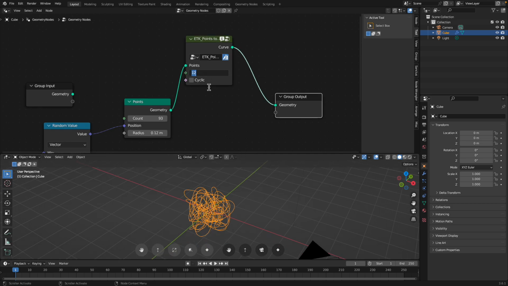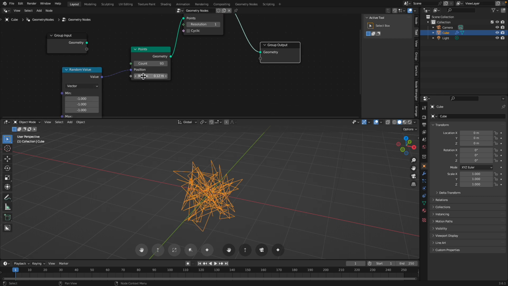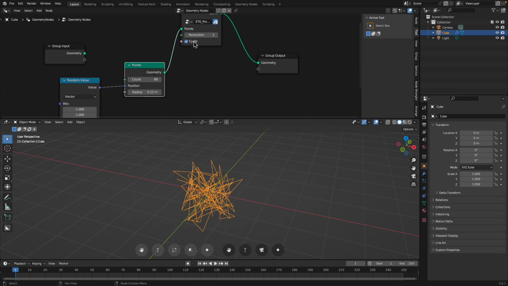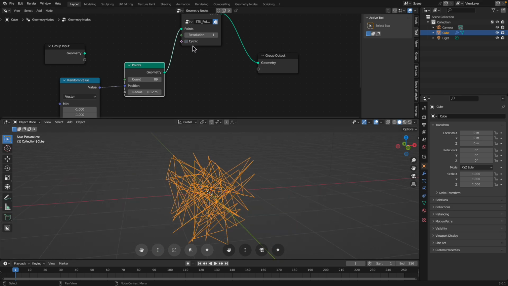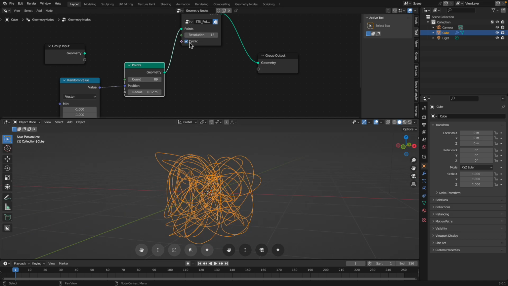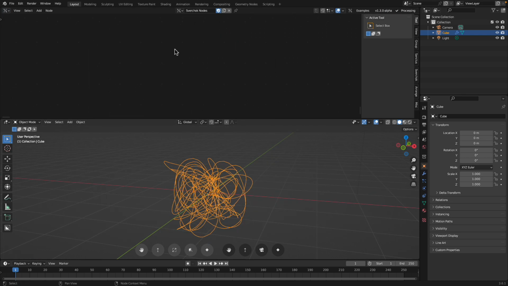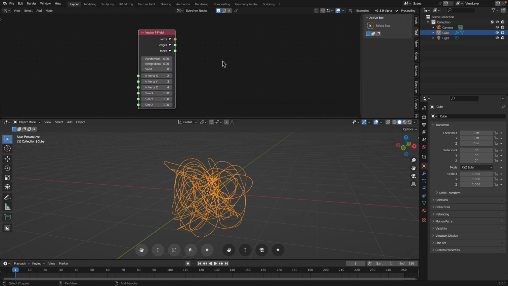Make resolutions to 1. Turn on and off cyclic. I think there might be a bug. I don't know. In these nodes, the cyclic is sometimes slightly unpredictable. But the idea is there basically. So it's just like the Sverchok one. I have to show it again. If we have vector field anyway, UV connection,